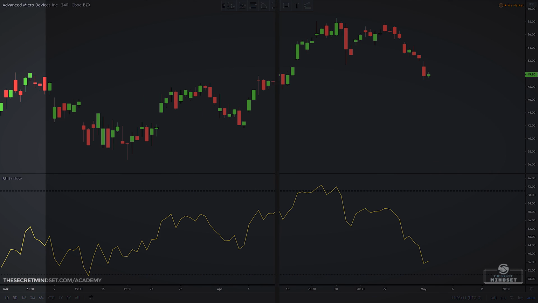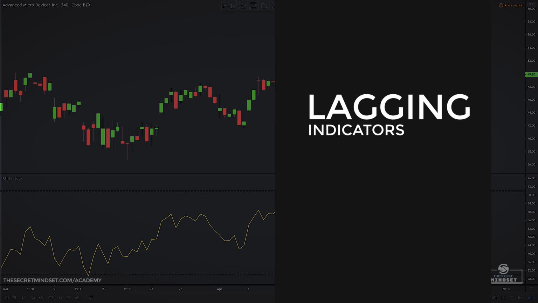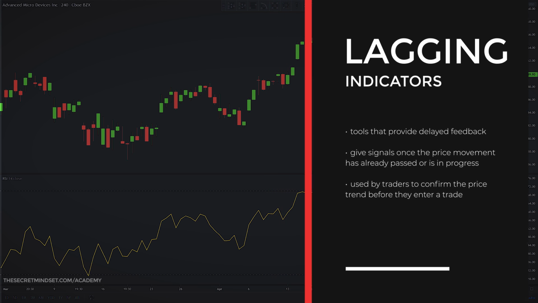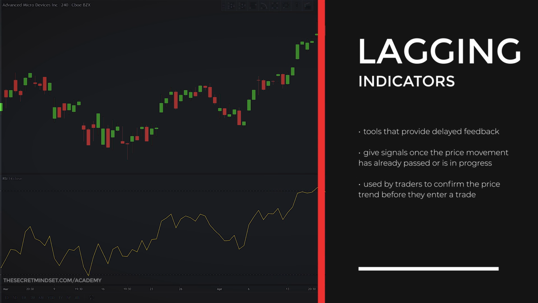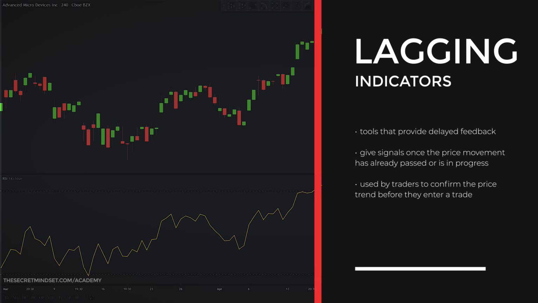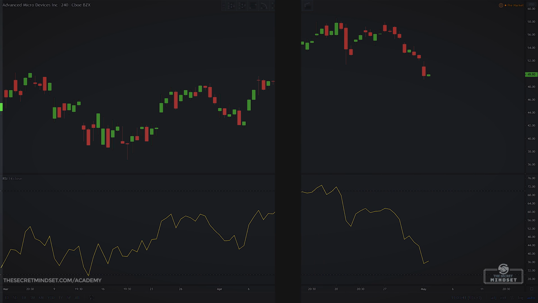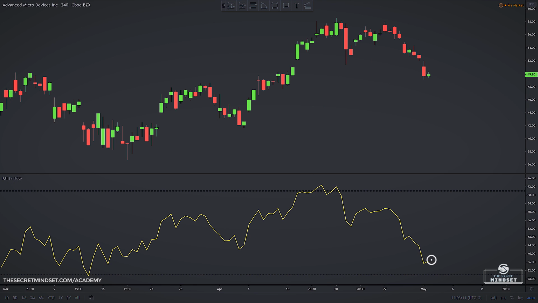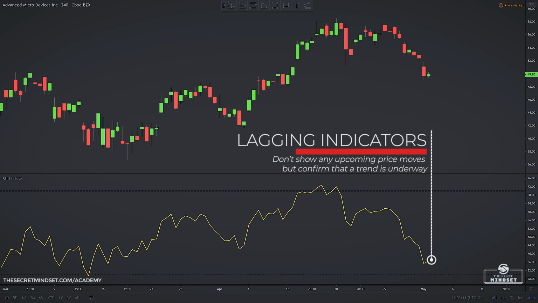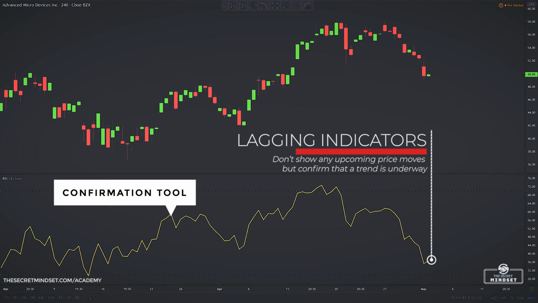A lagging indicator is a tool that provides delayed feedback, which means it gives a signal once the price movement has already passed or is in progress. These are used by traders to confirm the price trend before they enter a trade. These indicators are commonly used by trend traders. They don't show any upcoming price moves, but confirm that a trend is underway. This tends to give traders more confidence that they are correct in their assumptions, rather than providing a specific trigger